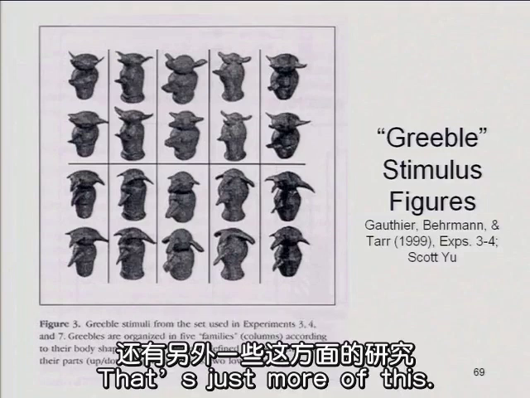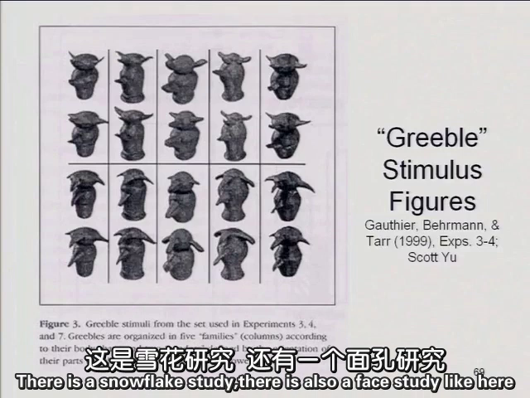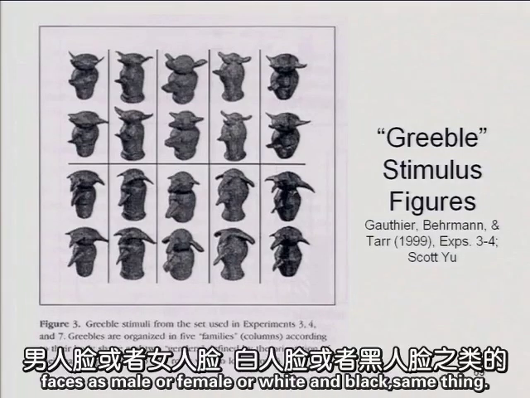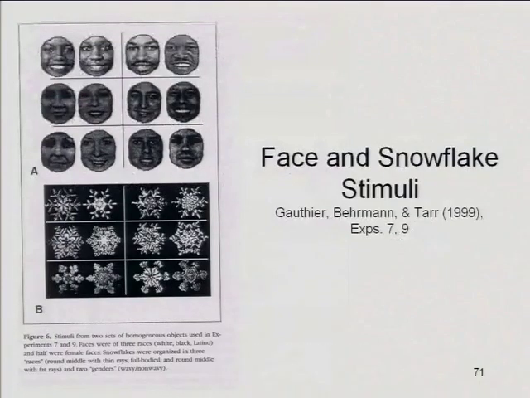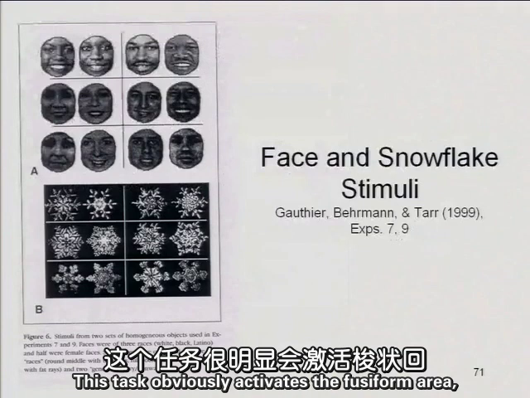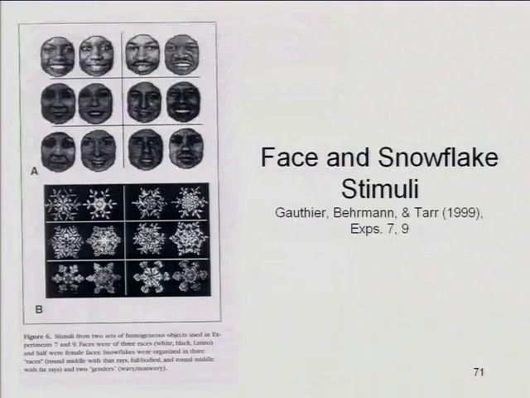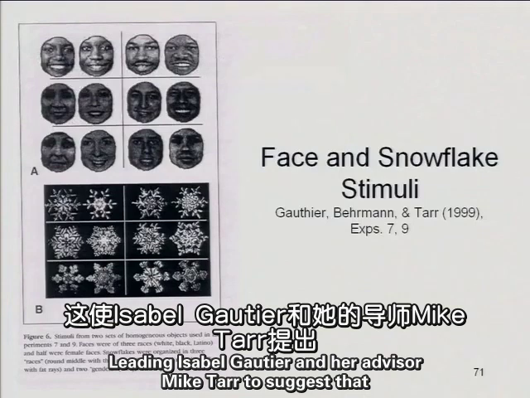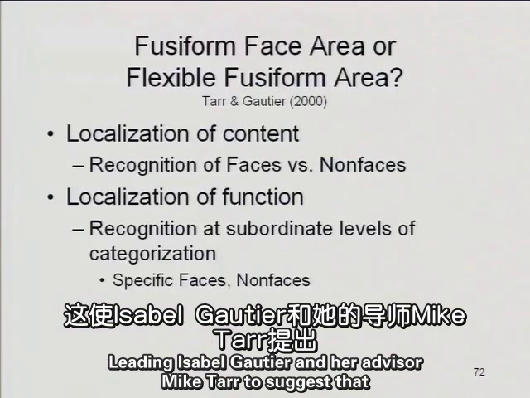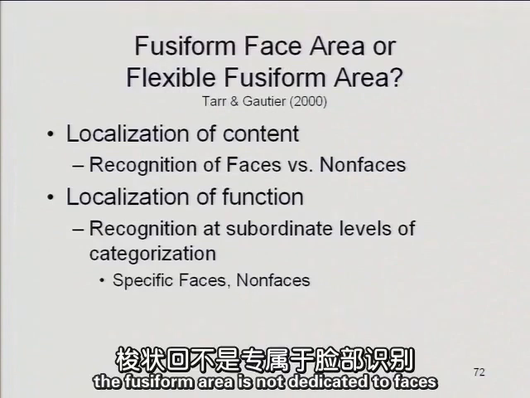That's just more of this. Okay, there's the snowflake study. There's also a face study here where people were classifying faces as male or female or white and black. Same thing. This task obviously activates the fusiform area, but so does classifying snowflakes. Leading Isabelle Gauthier and her advisor Mike Tarr to suggest that the fusiform area is not dedicated to faces,